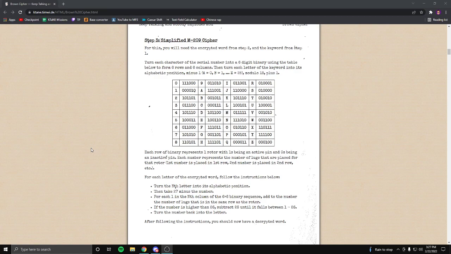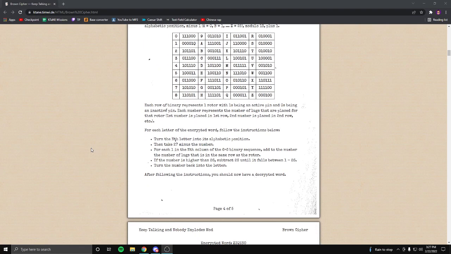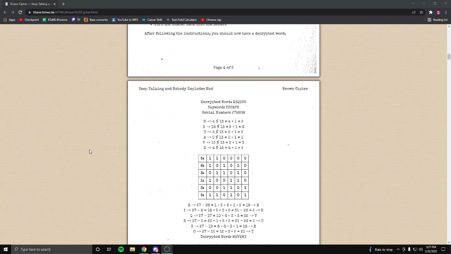For each one in the nth column of the 6x6 binary sequence, add to the number of lugs that is in the same row as the rotor. If the number is higher than 26, subtract 26 until it falls between 1 and 26. Turn the number back into the letter. After following the instructions, you should now have a decrypted word. Encrypted word: ZIQESO. Keyword: escape. Serial number: